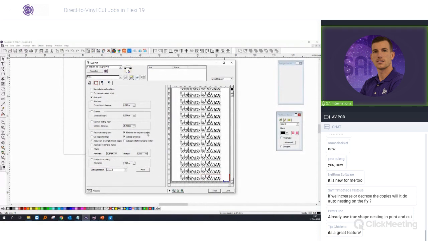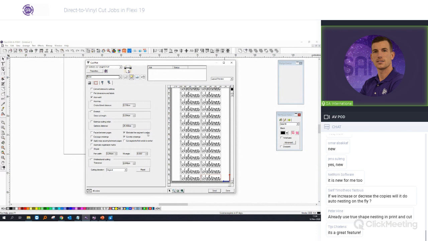If you import, for example, DXF files or a very complicated file, this means if you select the eliminate line segment overlap, the cutter will only cut once if you have two lines which are overlapping on the exact position. It will send data to the cutter, and the cutter will only cut once on this